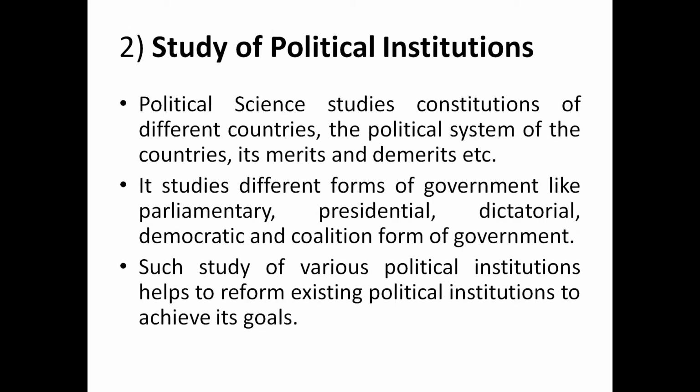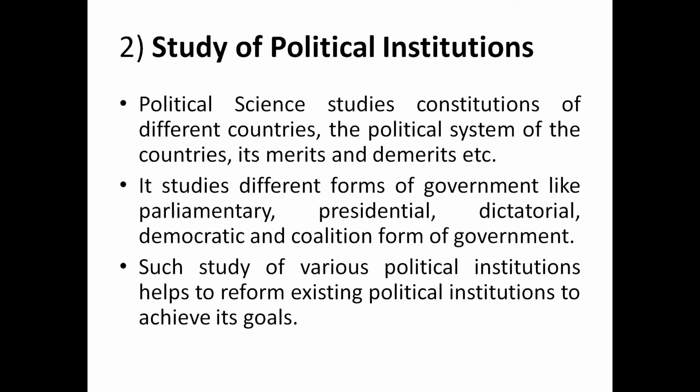Next point, political science is the study of political institutions. So political science in its scope studies the constitutions of different countries and the political systems of the different countries, and studies the merits and demerits of their political system. It also studies different forms of government like parliamentary form of government, presidential form of government, dictatorial form of government, democratic and coalition form of government. Studying such various political institutions helps to reform the existing political institutions and achieve the goal of